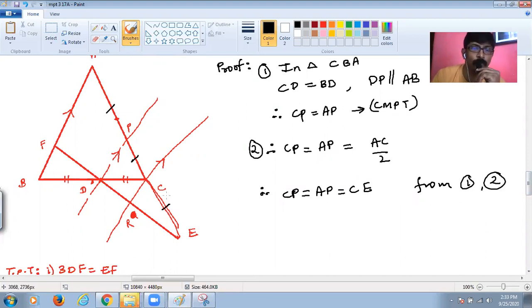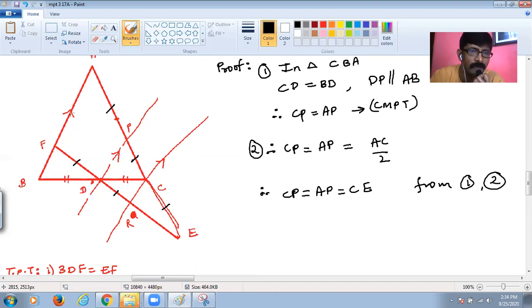Okay, now once you get that all these 3 parts are equal, and if these 3 lines are parallel, we can also say that FD is equal to DR, isn't it? And in this triangle, if you see E, okay, if these 3 lines are parallel, हमारा ultimate goal क्या है? We have to prove that EF is 3ER or 3DR or 3FD, isn't it? So in that case, I have to prove that FD is equal to DR in one case, and in the second case, DR is equal to ER. If I could prove this, I am done with my first part, isn't it, students? So the ultimate goal is to prove that FD is equal to DR.